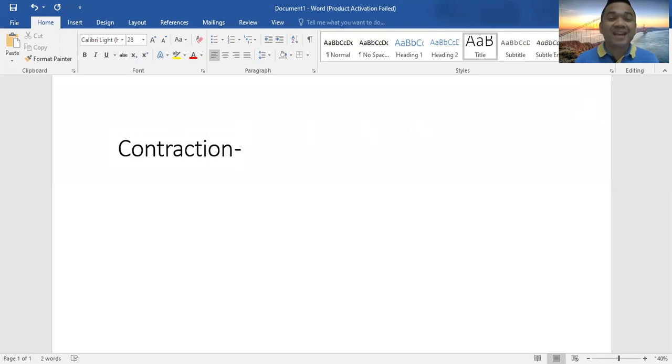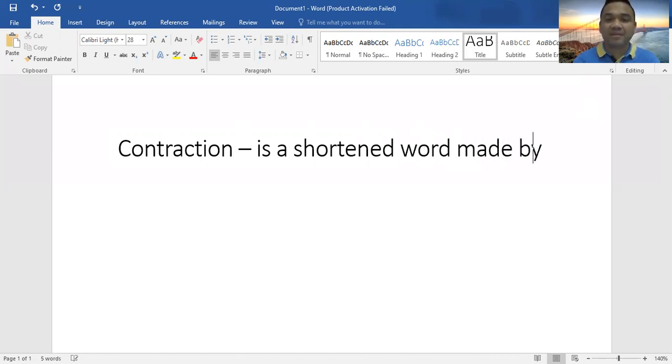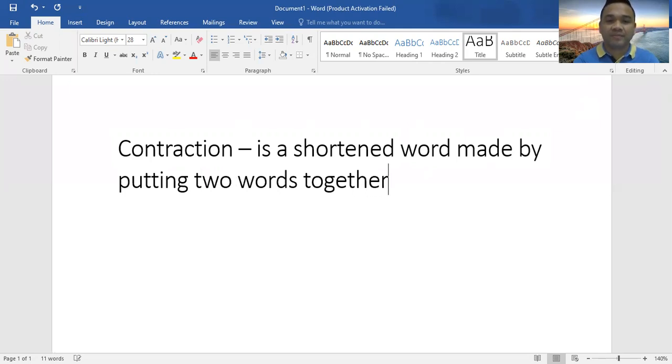Now, when we say contraction, a contraction is a shortened word made by putting two words together. What does it mean? See, for example, two words. Take note here, two words. Say, for example, she